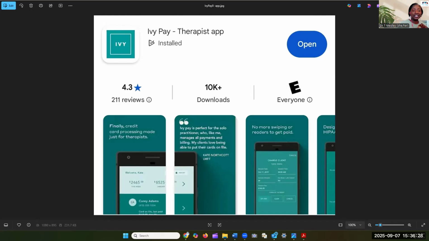All right, so hopefully you can already see what IvyPay looks like on Google Play. If you have an Apple device, it should be very similar in the App Store. There are a few functions you can use on browsers, but for the most part, the convenience of it is using the app. So this is what the app looks like